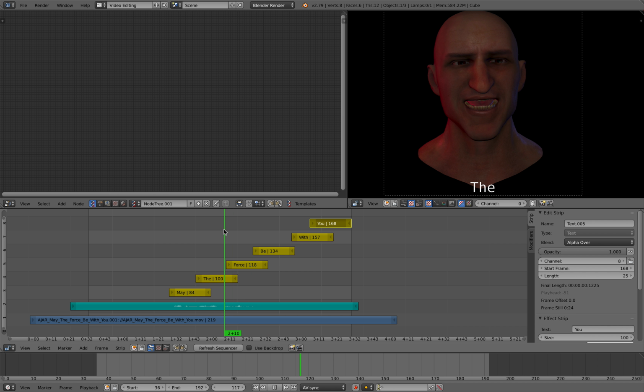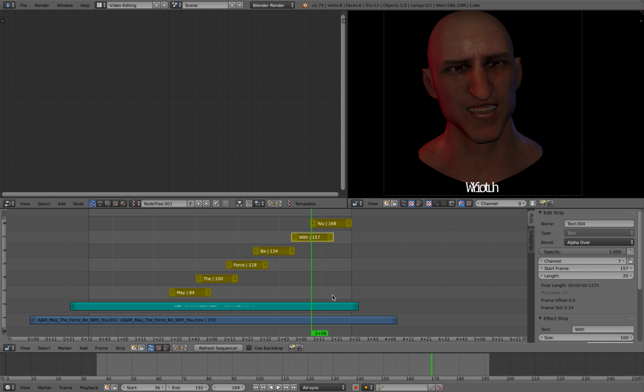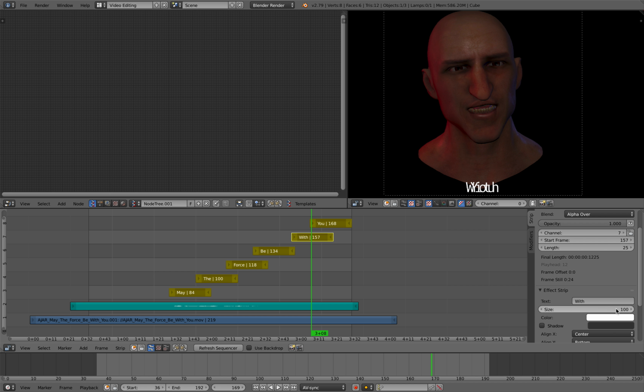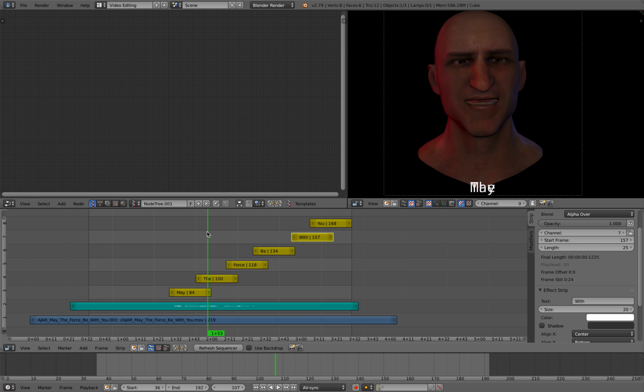The thing with the text is that we have 1, 2, 3, we have 6 texts, and if we want to change the size all at the same time, if you just try to put the value here, like 20, you see it's only applying it on one of the texts. But there is a hidden trick here. You can actually hold Option and then click and then type in the value,